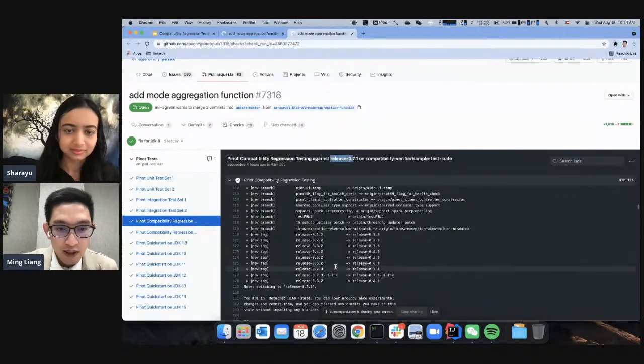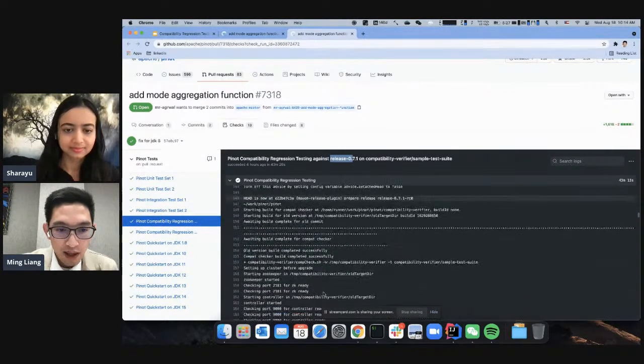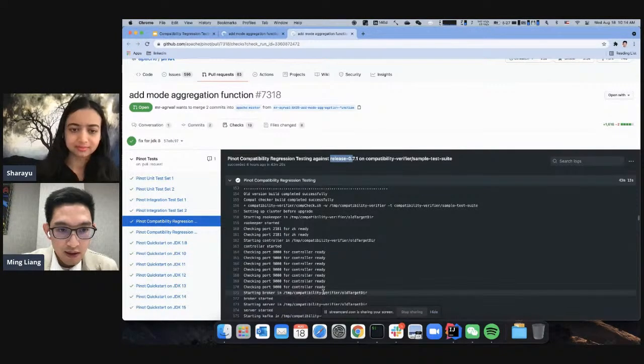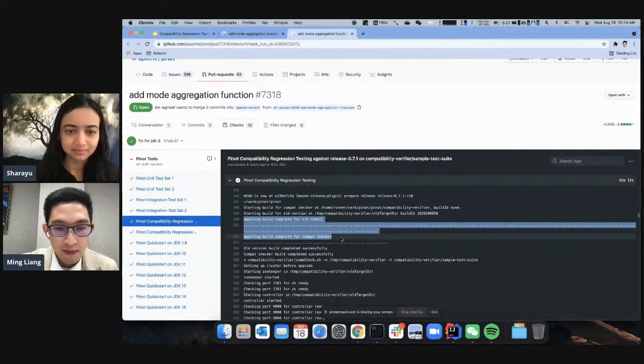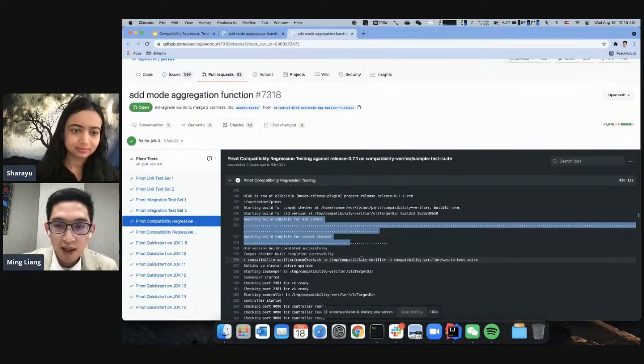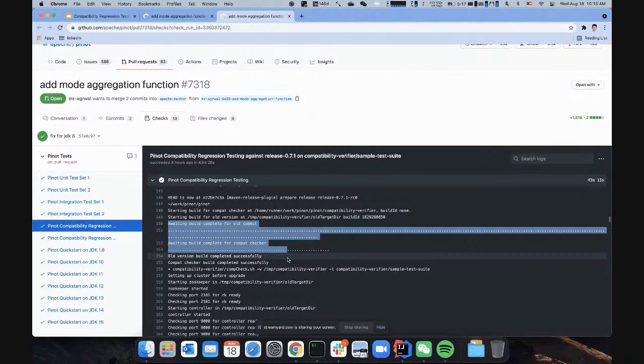So it will check out your current commit and check out the previous release, and build them. By the way, because building is pretty time consuming, we do some optimization. We will build the previous release and the current commit in parallel.